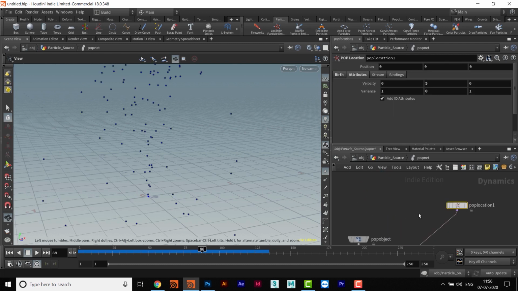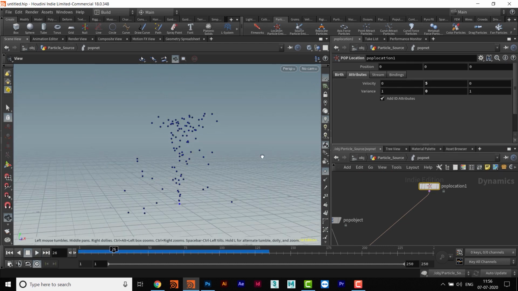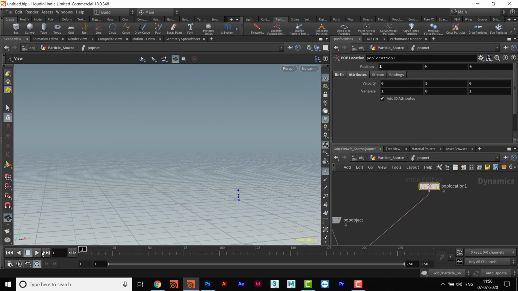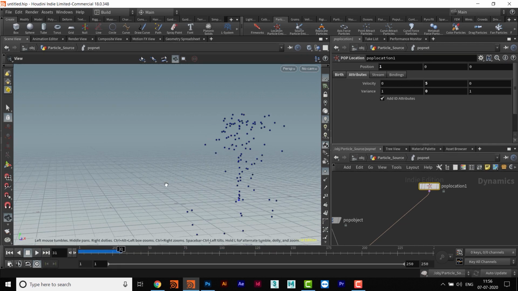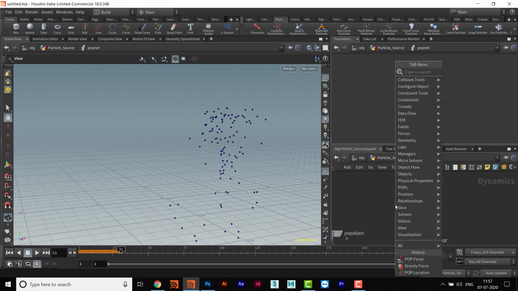Okay, so I'll get into it and now I will play it. So, take one. That means it is not using the source, it is using only this value, the position. So I will delete this and now I will take pop source.